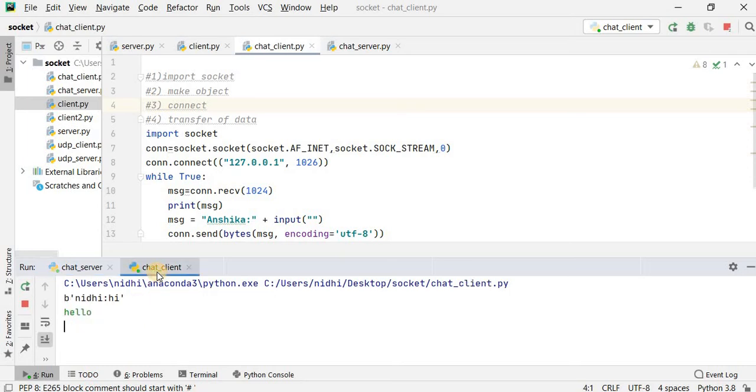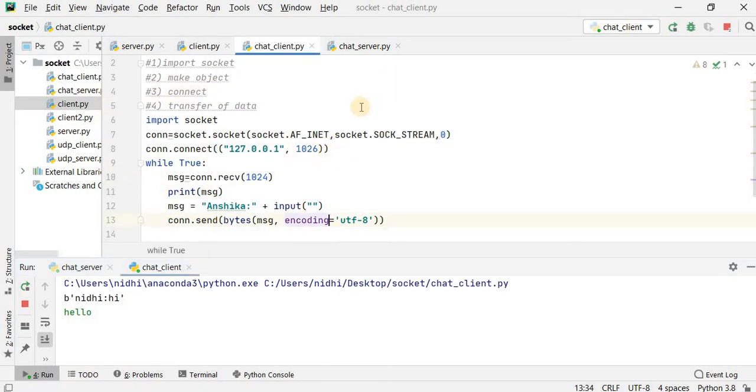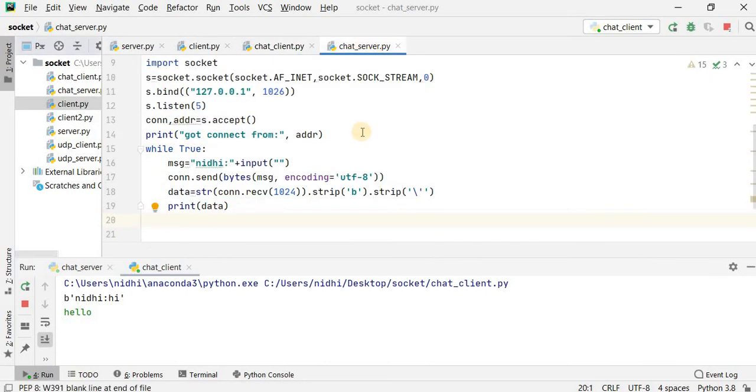I think there is some mistake over there, because it displays like the previous thing on the client side. Okay, so that thing I did not mention over there, that's why.